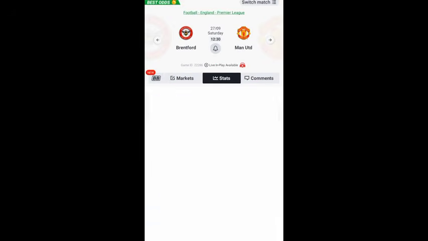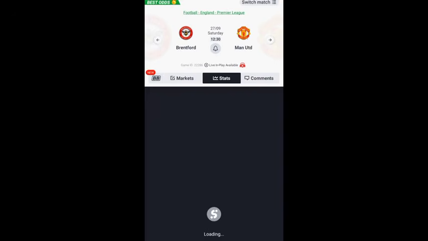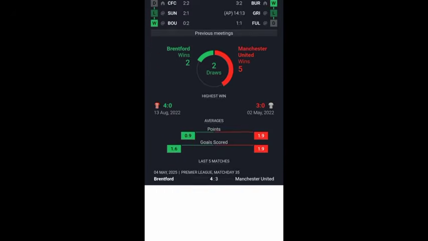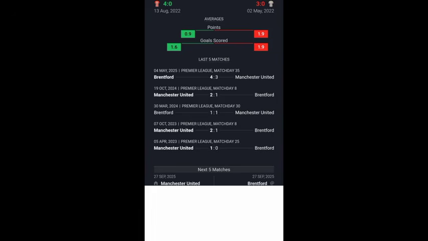So just come here and click on the stats section to see if these guys are having fewer goals, to show that these guys are struggling to win against themselves right there. That means the pressure is neutralized. If you check their last matches, these guys are not scoring massive goals right there.